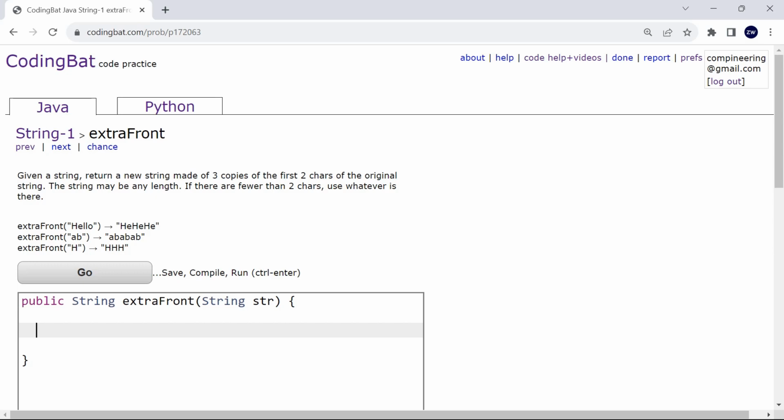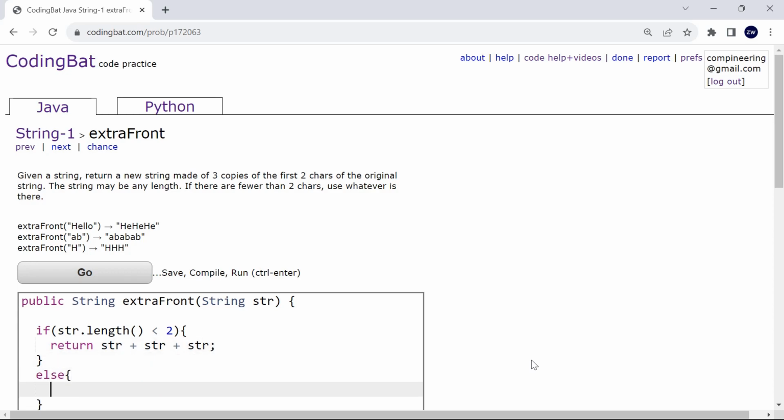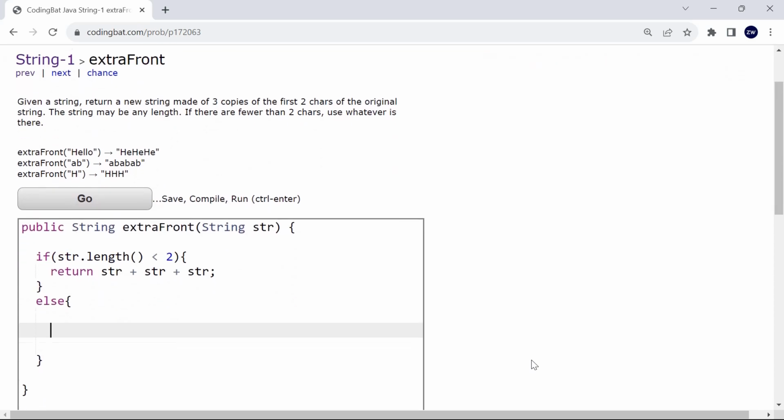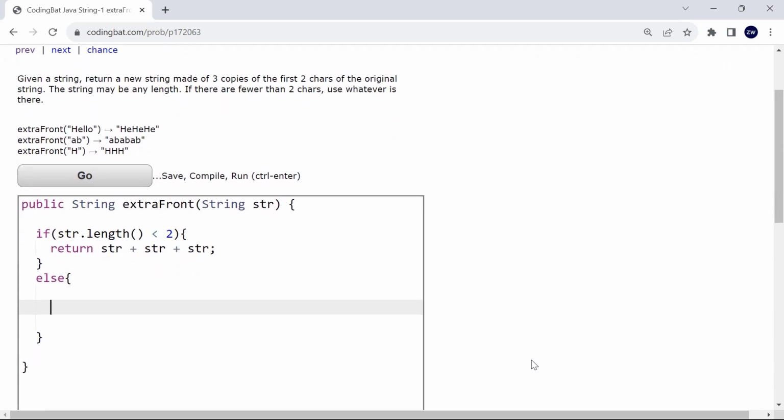So we can start off by checking the string length. If str.length is less than 2, then we're going to return the string 3 times. So return str plus str plus str. And if that's not the case, so if the string length is greater than or equal to 2, then we're